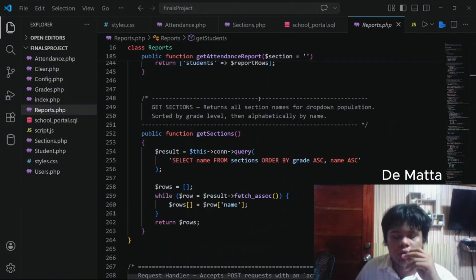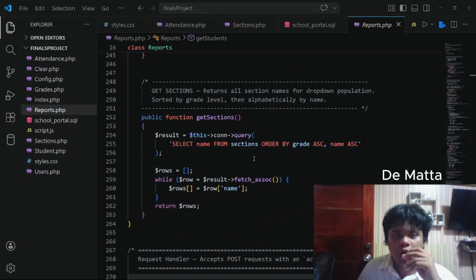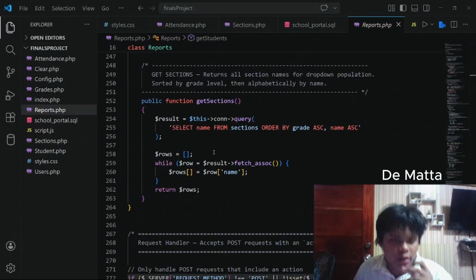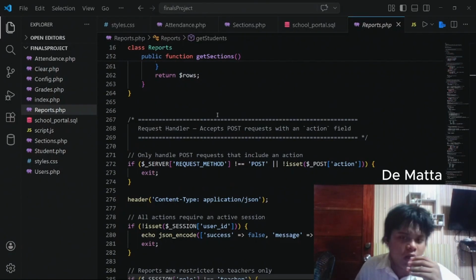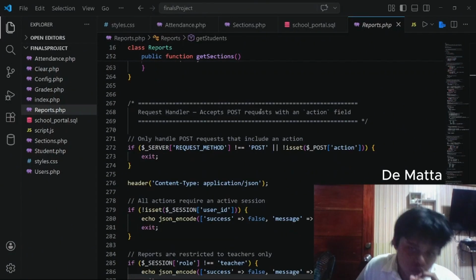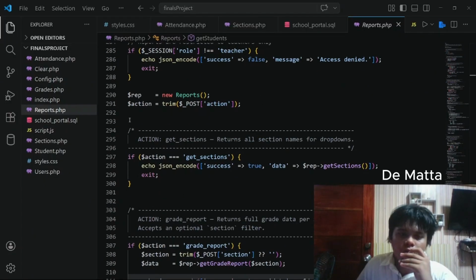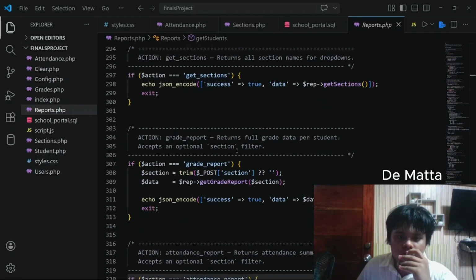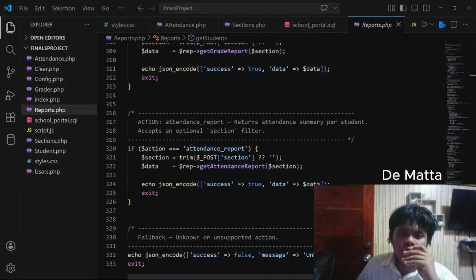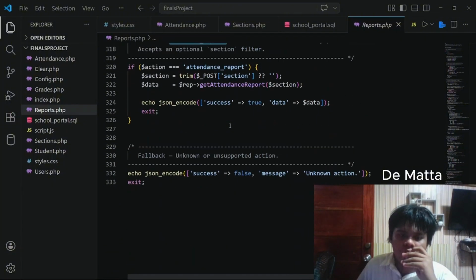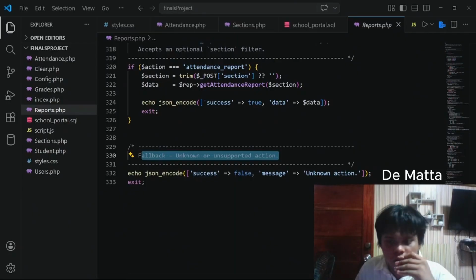It will return all the sections inside the localhost database. And here is our request handler that will accept the POST request with an action field. The action will get the sections, the grade report, and the attendance report. The last one is the fallback for an unknown or unsupported action.